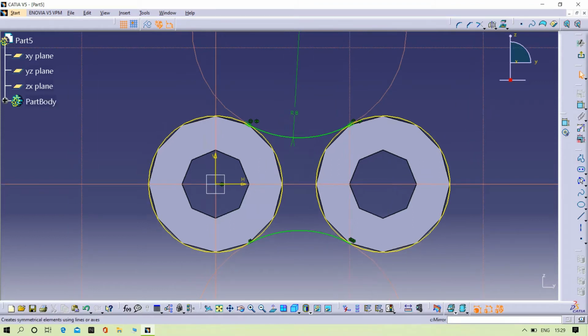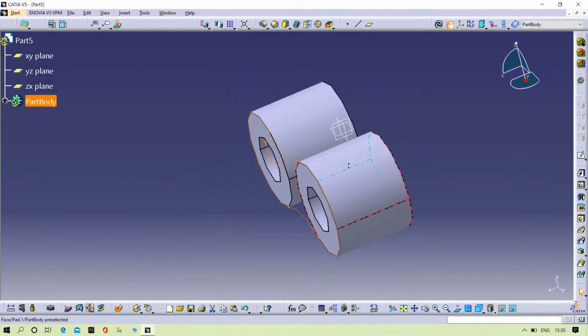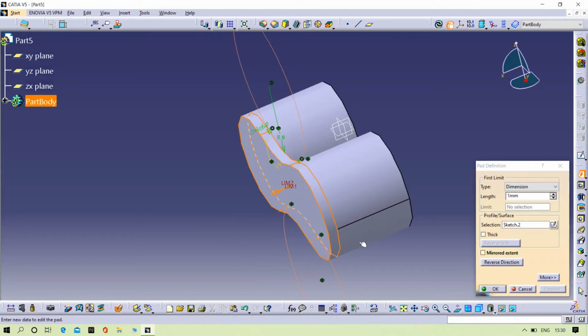Then try to trim the unnecessary lines. Yeah, exit. Try to extrude the part up to 1 mm. 1 mm is enough.